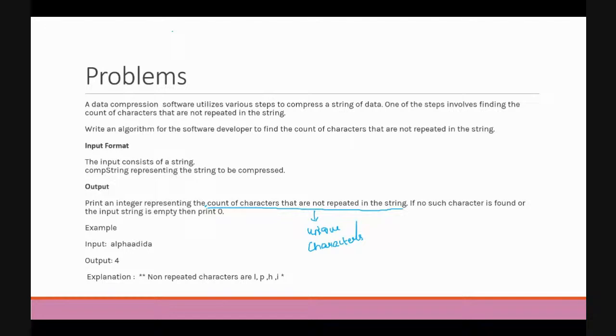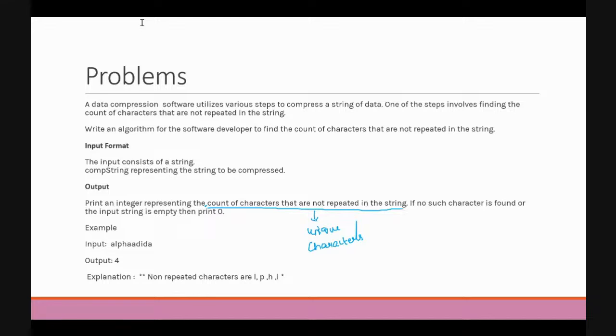And what is the input that I take? I take an input string which has to be compressed, and then I will be printing the integer output, the number of unique characters, which has to be returned.